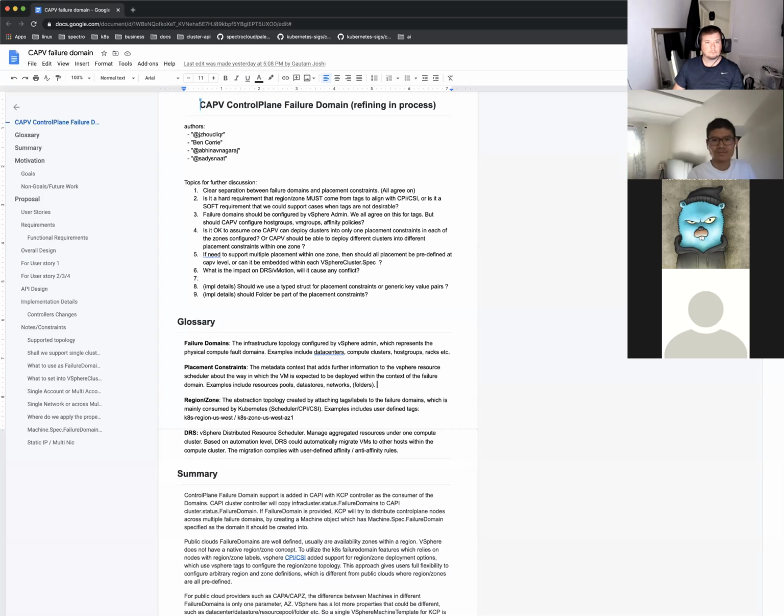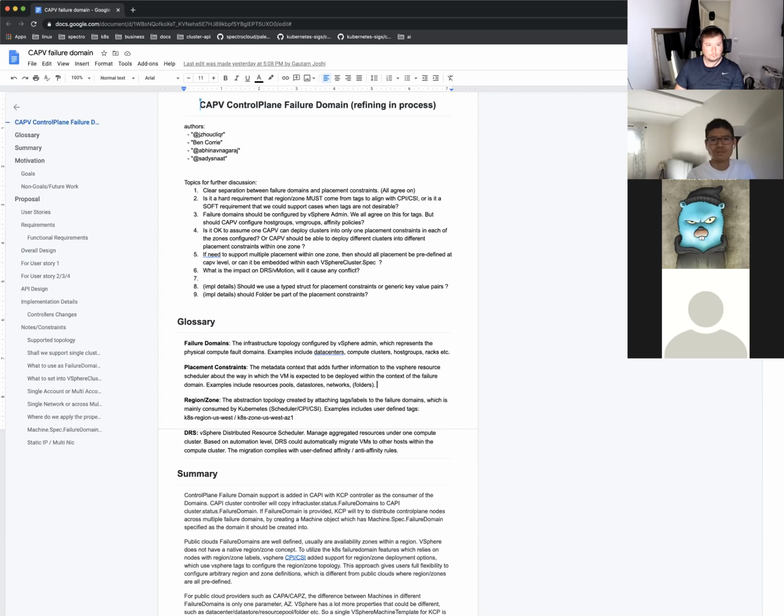I see. So there could be different ways. I think one part is easy configuration, and I think it can come from outside. And the second part is assignment. The assignment part will be either to create a VM group and a rule and associate it with that host group, or to attach relevant tags to VMs so that, as per the compute policy defined, they just start to affine or anti-affine.